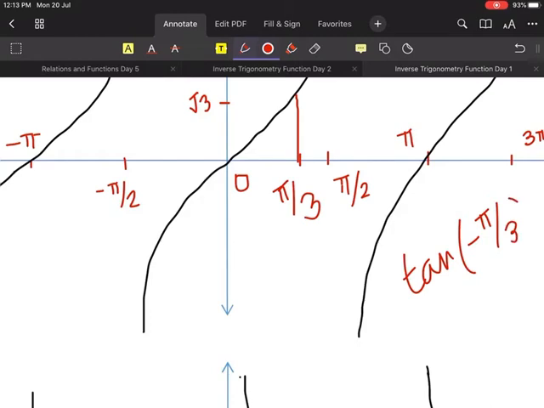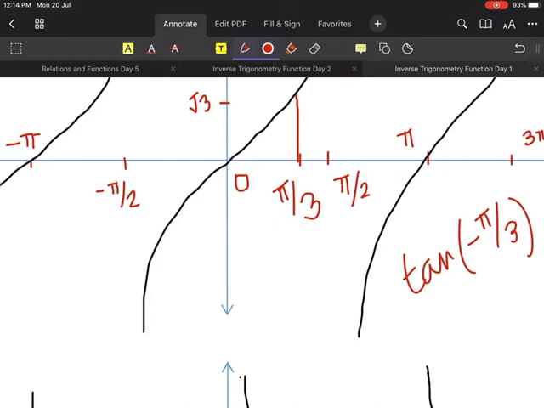So here I am asking about tan minus pi by 6. What is the value of tan minus 60 degree? Minus root 3. Very good. Tan minus 60 is minus root 3, because this minus sign will come outside of tan. Just like sine minus theta is minus sine theta, same as tan minus theta is minus tan theta.